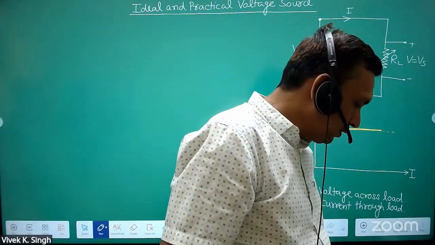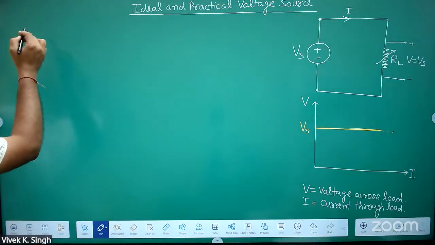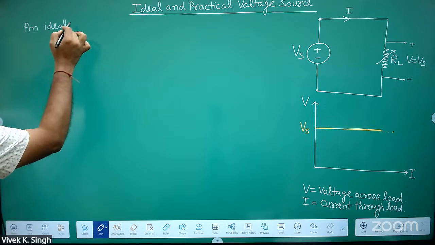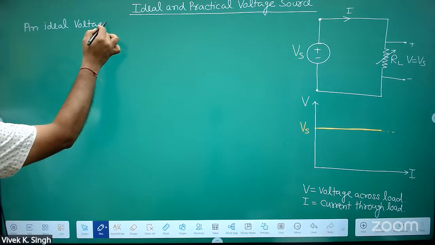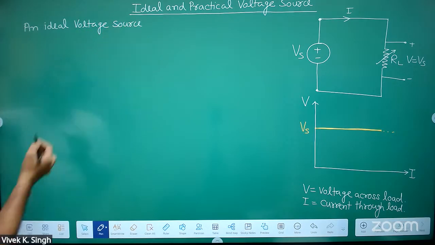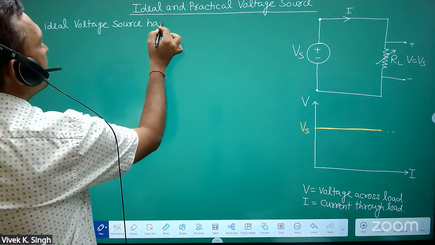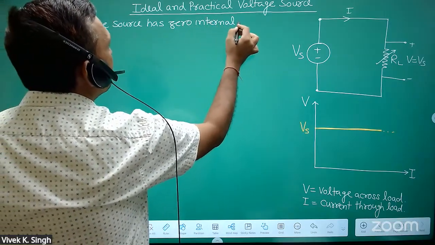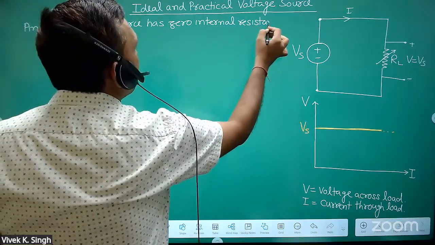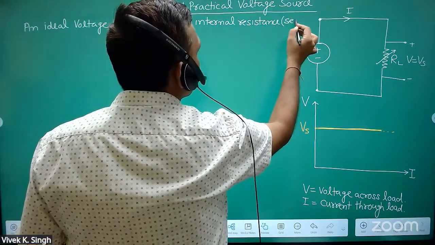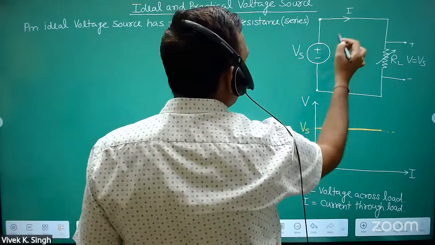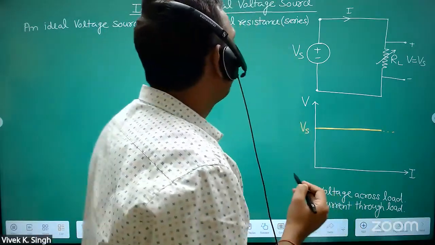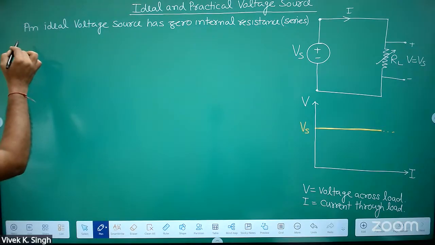So what is an ideal voltage source? You should write: an ideal voltage source has zero internal resistance. और ये रेजिस्टेंस सीरीज रेजिस्टेंस होता है. मतलब आपको एज्यूम करना है कि वोल्टेज सोर्स में जीरो इंटरनल सीरीज रेजिस्टेंस है। हमेशा वोल्टेज सोर्स के साथ सीरीज रेजिस्टेंस होता है, ठीक है। Has zero internal series resistance and